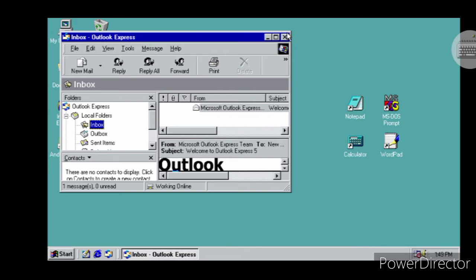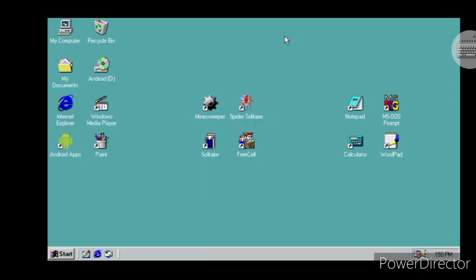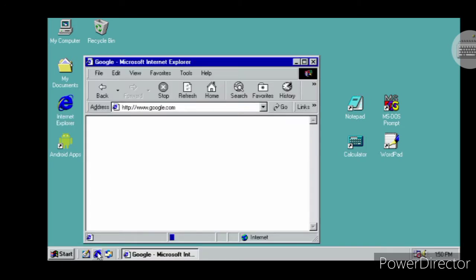With this you can gain the knowledge to use the computer. You also have your Android apps here. If you see here, Internet Explorer, press on it. Here, browser, press on it.